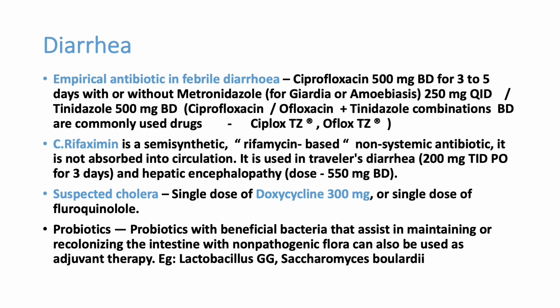If we are suspecting a slightly higher infection, we can go for ciprofloxacin 500 milligram BD. We are avoiding ciprofloxacin in our country because, you know that it's a quinolone which can be used in tuberculosis. So we should try to avoid ciprofloxacin wherever possible, because it's a second line drug in tuberculosis.